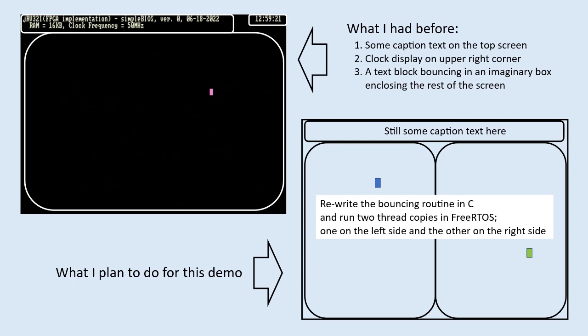This is the video demo I had before. On top of the screen was some caption text. On the upper right corner was the system clock generated by M-time interrupt. On the rest of the screen, I had a text block symbol bouncing around with sound